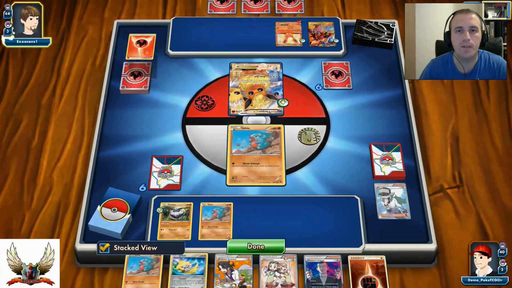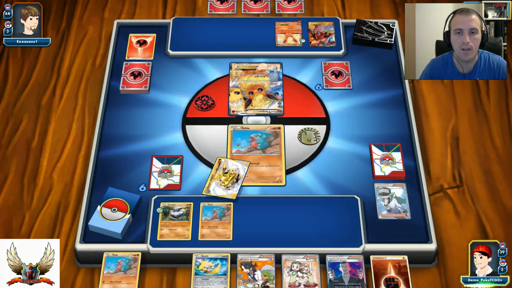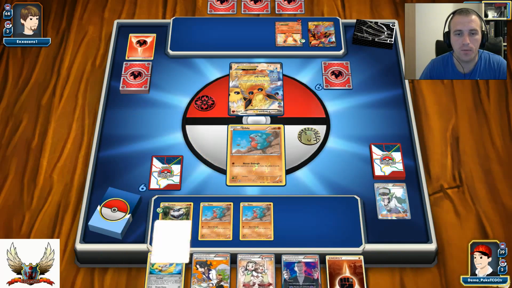There is the first Steam Up. Of course, you want to get rid of your energies for a discard pile so you can come in the active position with your baby Volcanion, of course, and do as much damage as you can to your opponent. So this is going to be pretty much